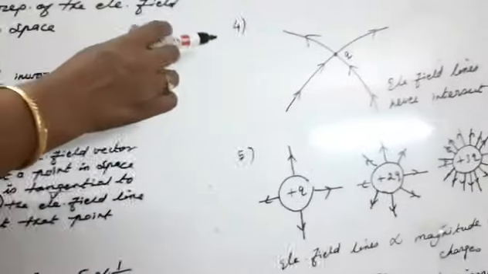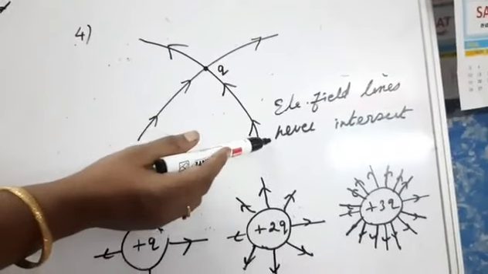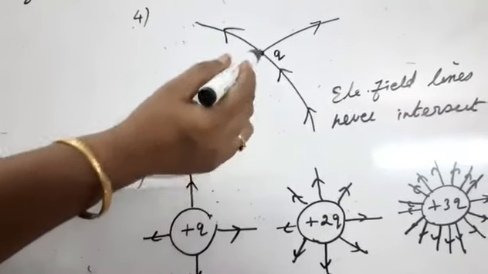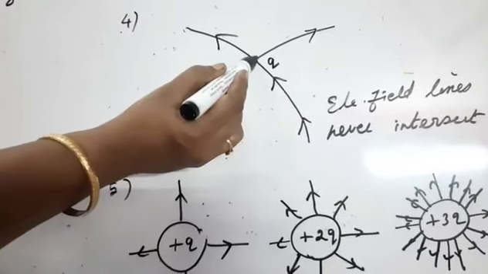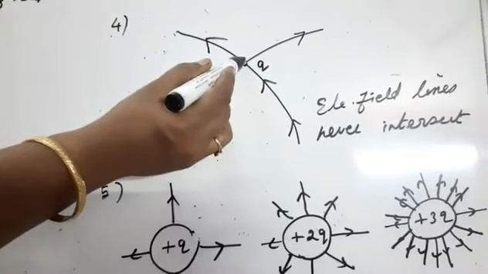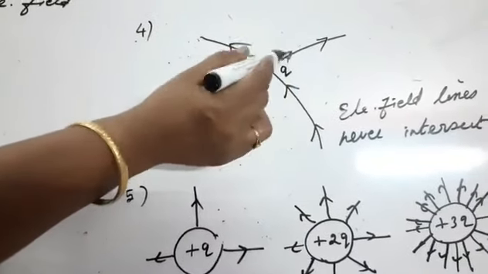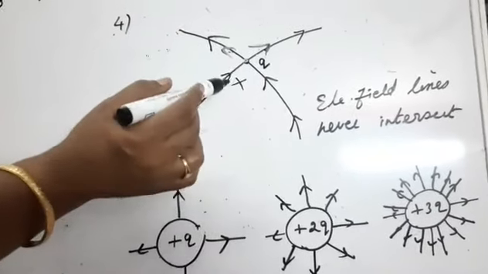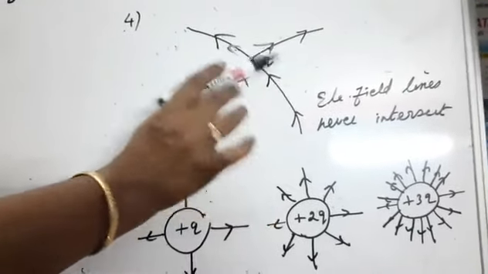And next we will see the fourth point. Electric field lines do not intersect. First we take one electric field line, with the arrow mark like that, and we draw a second electric field line like that, and this is known as the point of intersection. Suppose at that point we place one charge, the charge can have only one direction of arrow mark. But at the intersection, two arrow directions would be represented. So this is not possible. That's why we say the electric field lines do not intersect.